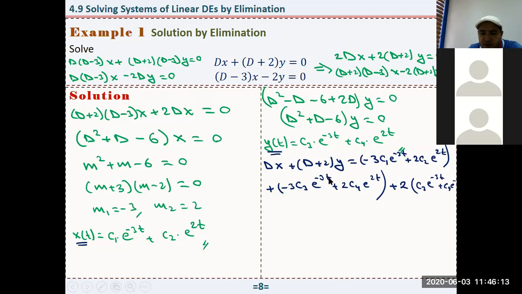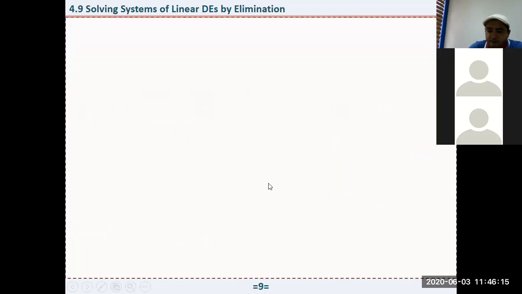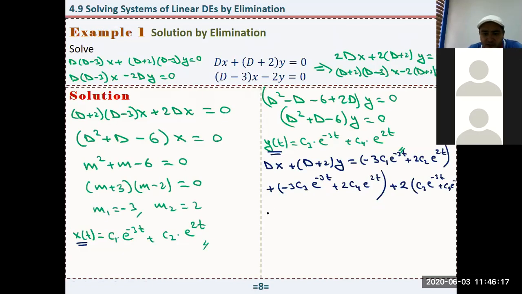This e to the power minus 3t is a common factor, right? So let me just write here. First, here we have minus 3c sub 1, right? And here we have minus 3c sub 3, right? And here we have plus 2c sub 3 e to the power minus 3t